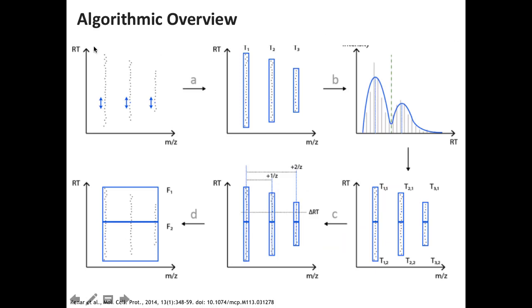The way this is done is that we are looking for mass traces by starting again at high intensity peaks and then working our way down. I will introduce that algorithm in a minute. It's based on a Gaussian kernel density estimator. These mass traces are basically just collections of peaks at this point. So we just say in this spectrum, all the peaks that are in this range, in these spectra going from here to there, that's one mass trace.